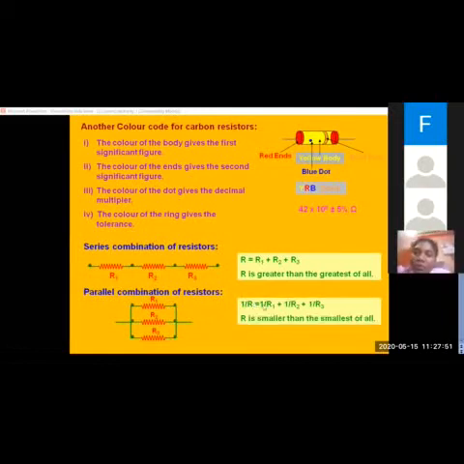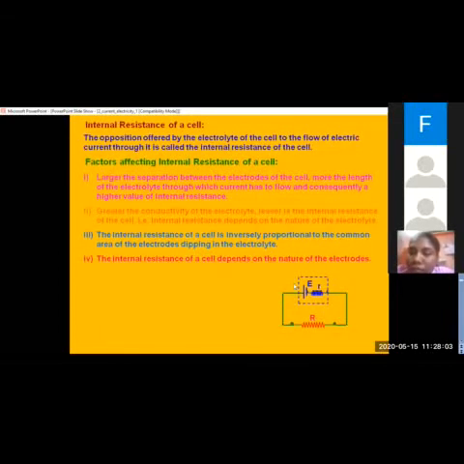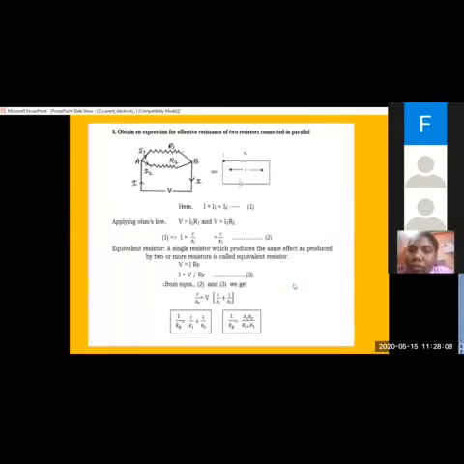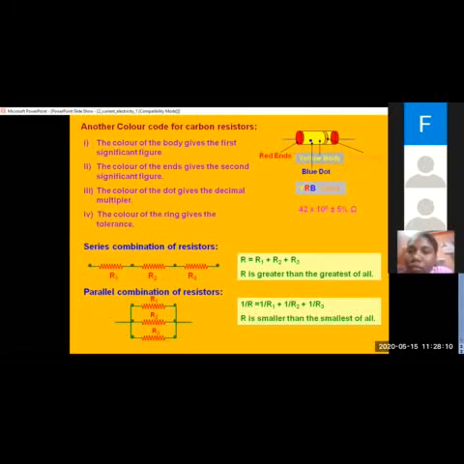So in parallel, effective resistance is reciprocal. 1 by R will be equal to 1 by R1 plus 1 by R2 plus 1 by R3. What you have to do is, if it is series combination, you can directly add R1 plus R2 plus R3. If it is parallel combination, you have to just